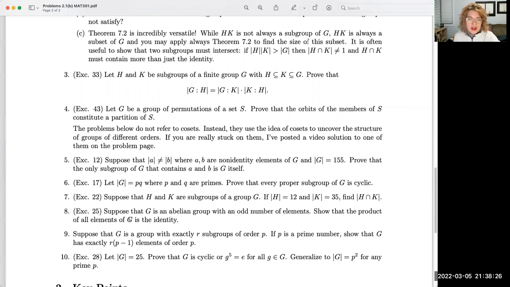So if the order of the group is 155, then you want to show that the only subgroup of G that contains A and B is G itself. So I made sure to factor some of these ahead of time so I wouldn't be too embarrassed. And 155 has factors 1, 5, 31, and 155. Okay, so those are the prime factors. And so if A and B are non-identity elements,